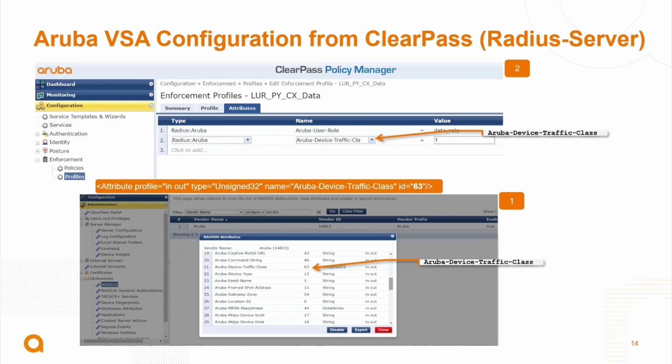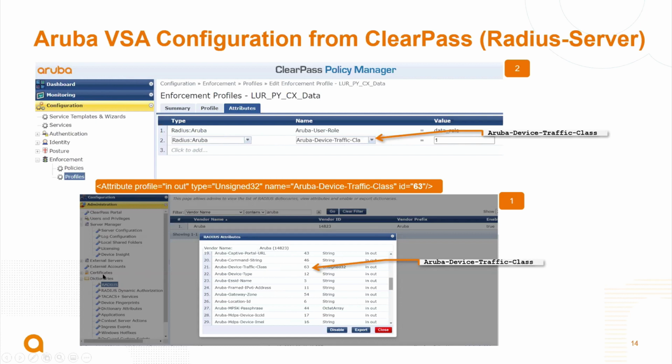VSA, we call it a mixed role. This was not supported, as you guys know, till now. For downloading any gateway role, all of that was not possible till 10.8. But now, as you are already understanding, both VSAs you can push to the AOSCX switches. That means even the LUR will get pushed to the AOSCX as the access accept comes into the switch, along with another attribute which is coming from the ClearPass.